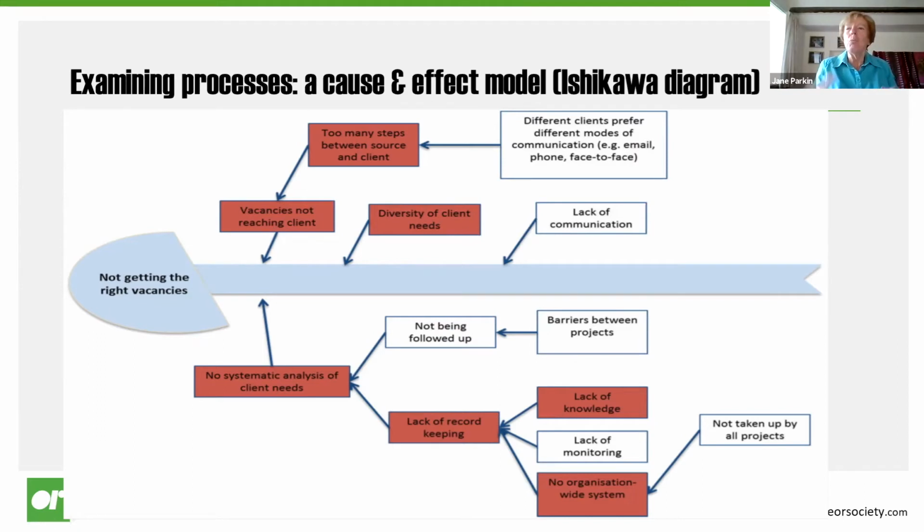Why aren't the vacancies getting to the client? There's too many steps between the source of the vacancy and the client. And so that might be something to do with how we're actually communicating with the client. And similarly, you can go through all these, get your main reason for a problem, and then what is producing